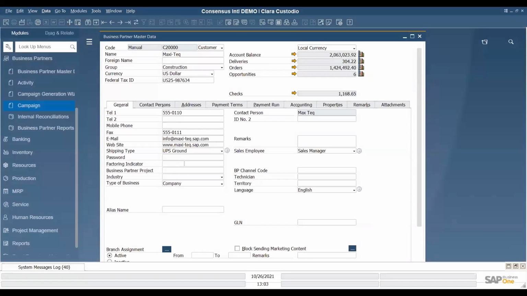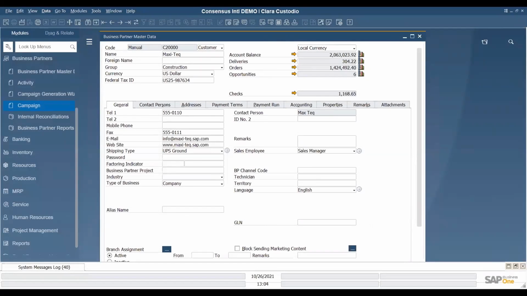SAP Business One provides a comprehensive set of tables and fields in each of its modules. However, if your company requires additional tables and fields for its day-to-day operations, SAP Business One also gives you the possibility to create your own user-defined fields in existing system tables or even your own user-defined tables.